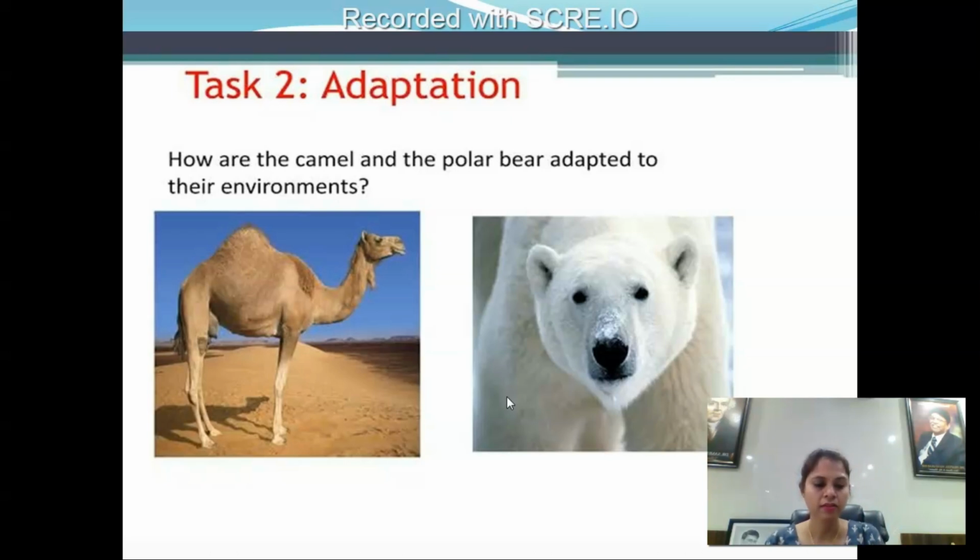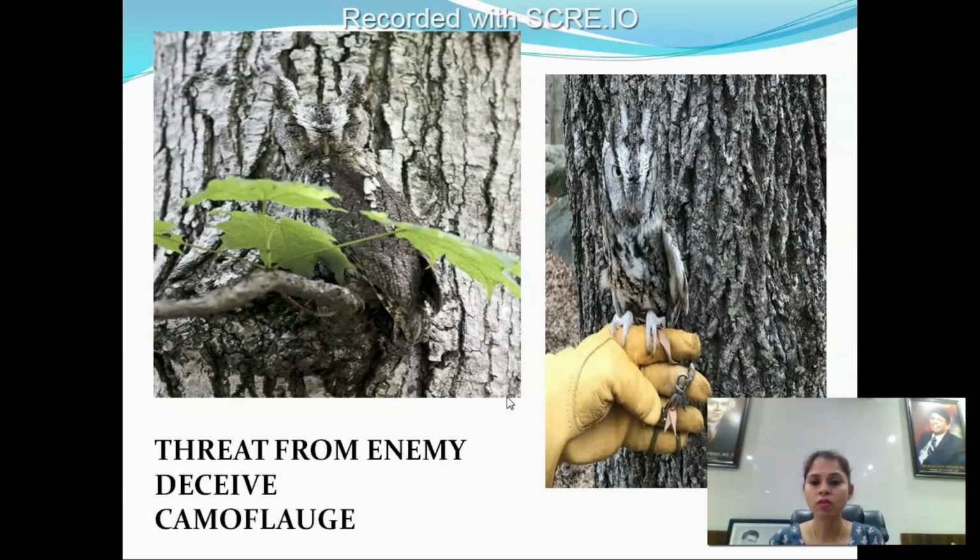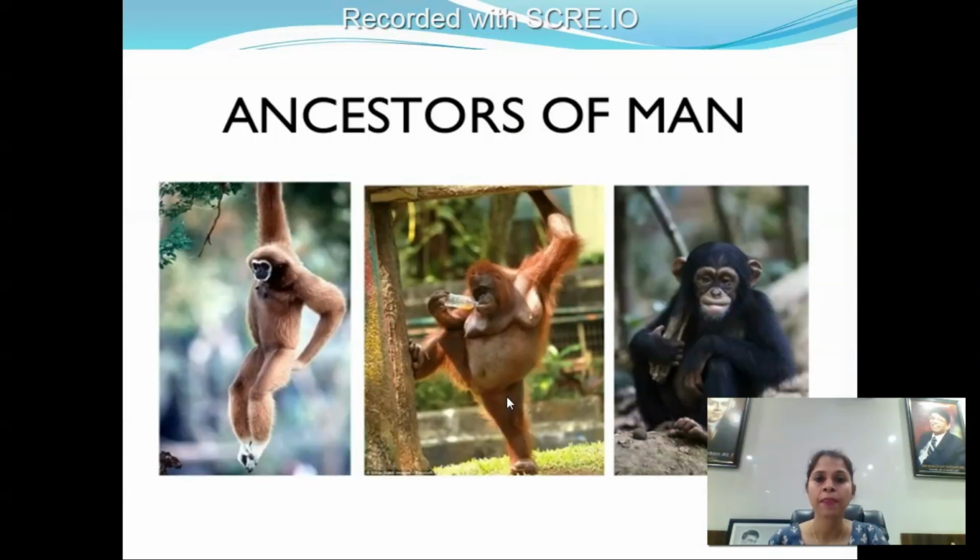Aphorism number 73. So there was threat from the enemy. Therefore, the need to deceive, the need for psychosis came up, that they have to just mix themselves with the atmosphere so that no one can defeat them. So this is a defensive process again. So now the human beings